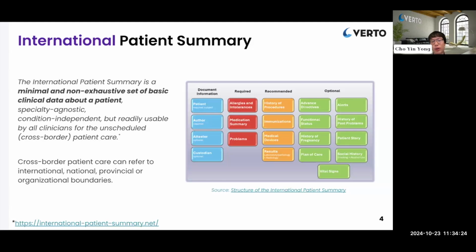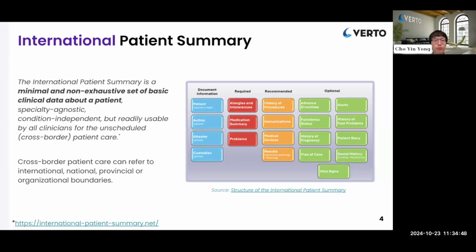But what it is meant to do is to be readily usable by all clinicians for unscheduled patient care. So the patient can bring the International Patient Summary anywhere they have previously not gotten care, and the physicians there are able to immediately understand the whole patient background